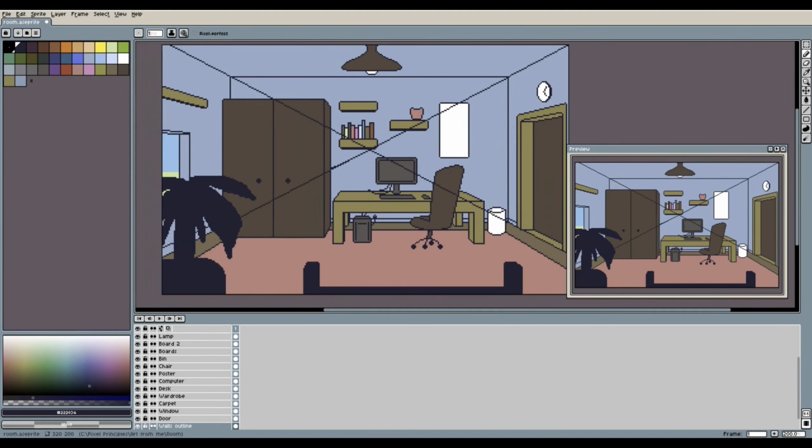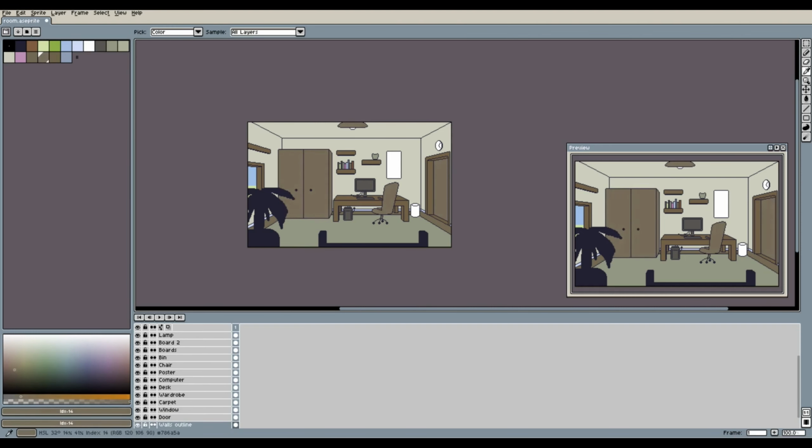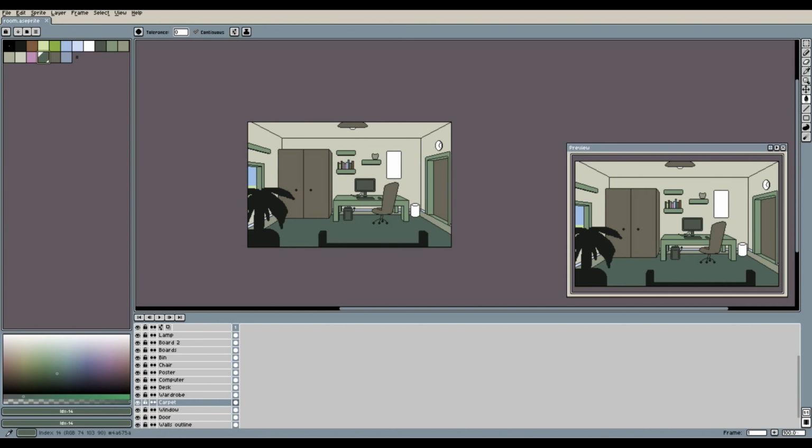So now I really took care of the overall color scheme of the image. I wasn't too happy with the red color values of the carpet that I initially made, so I turned it into some green tone and fine-tuned also the color tone of the furniture, including the wardrobe and the chair, to some more brown, earthy tones, as well as adjusting the colors of the table and the computer.